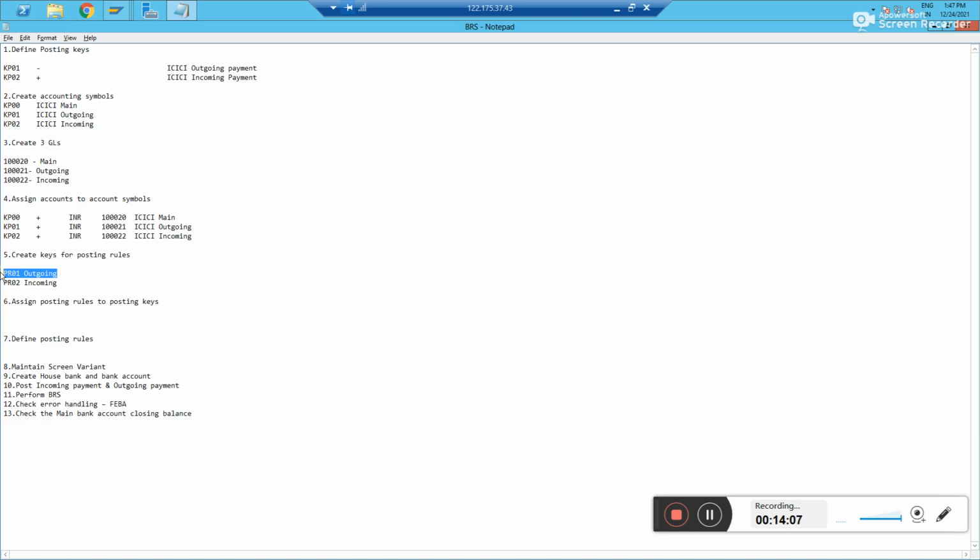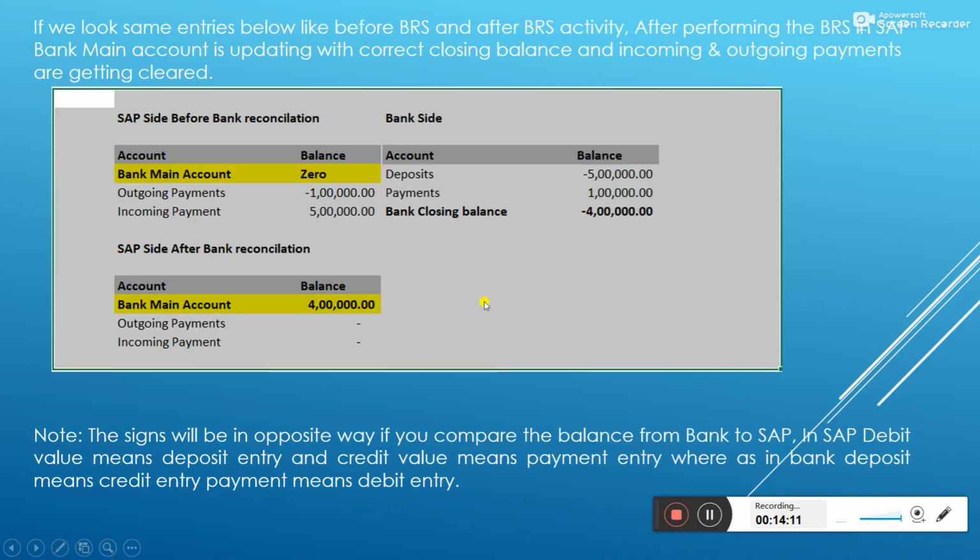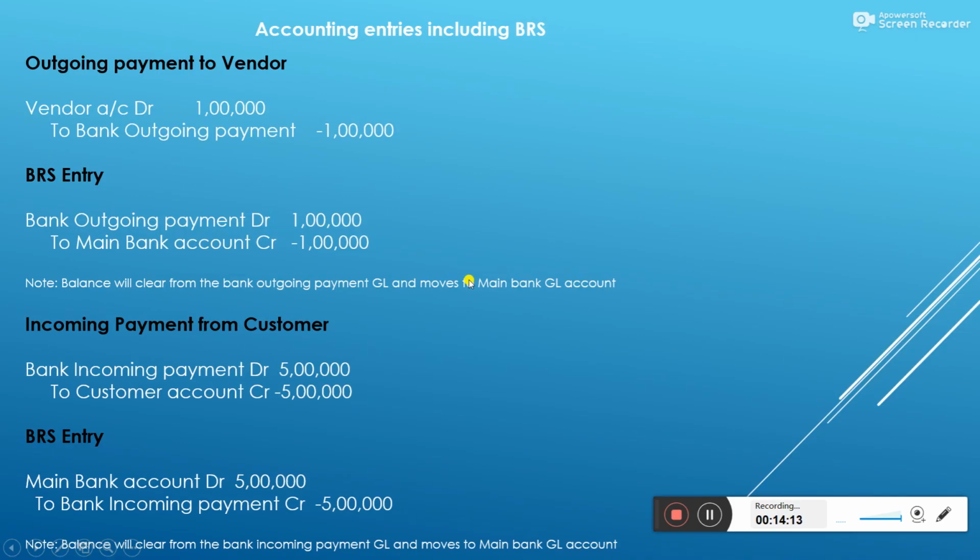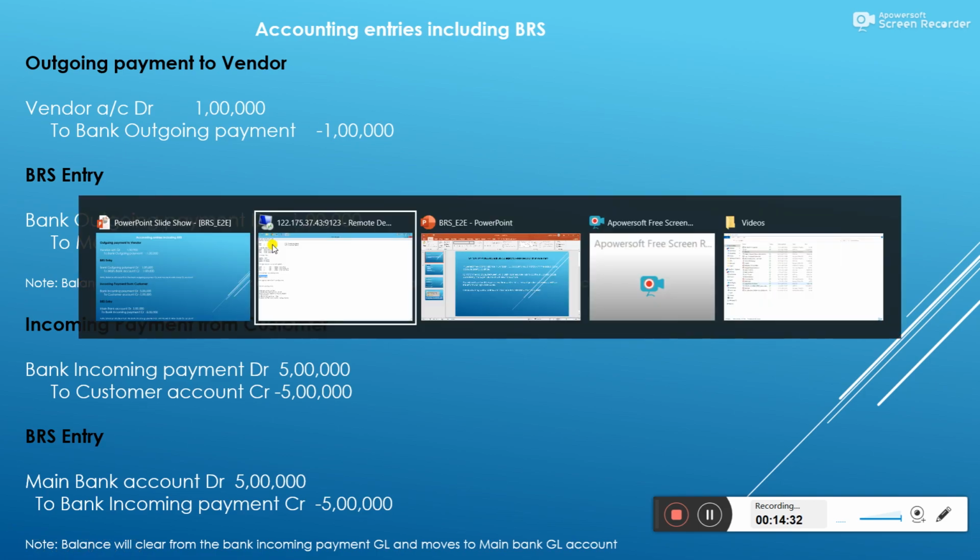So when I make an outgoing payment, initially, if you look at the reconciliation here, back, see outgoing time, what has happened? Outgoing GL is credited. So once you do the reconciliation, what has to happen? Outgoing payment bank account needs to be debited and it should credit against the main bank GL account.